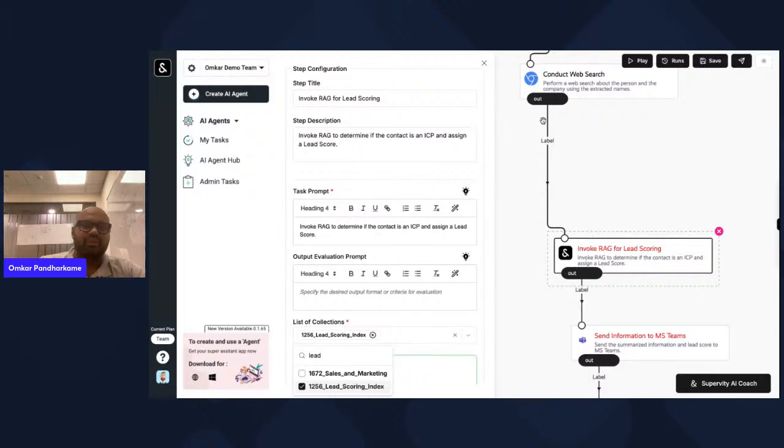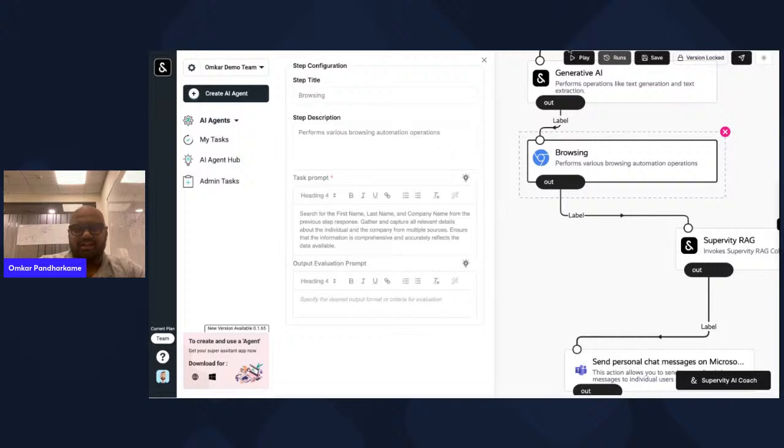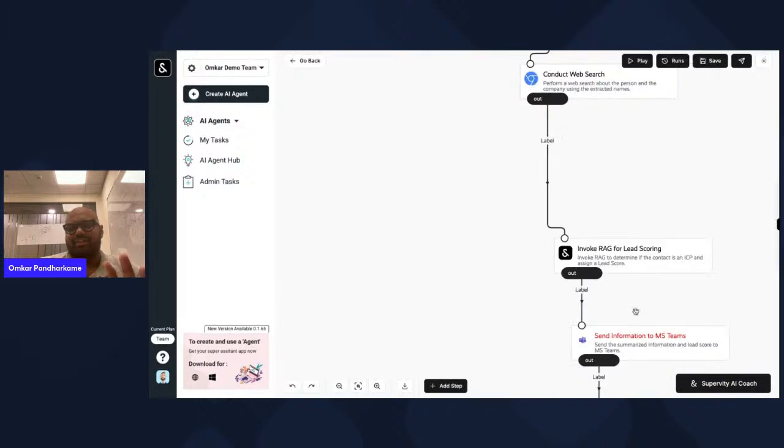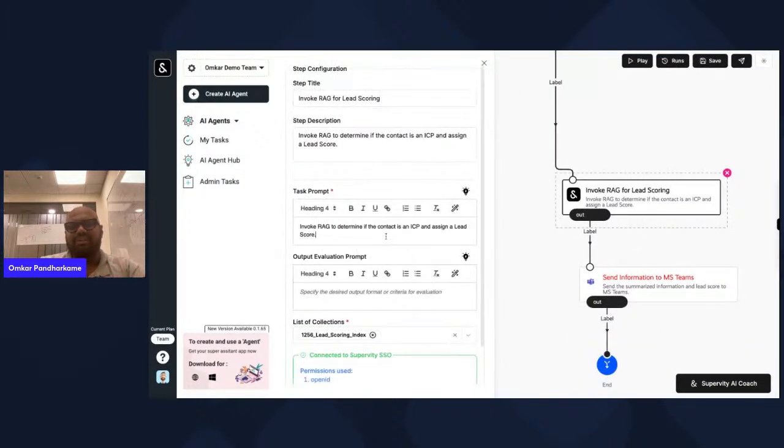That is the one you have to select, and after that you have to give it a very nice prompt which says use the response from the previous step. Very simple. I will just say, use the response from the previous step, right?